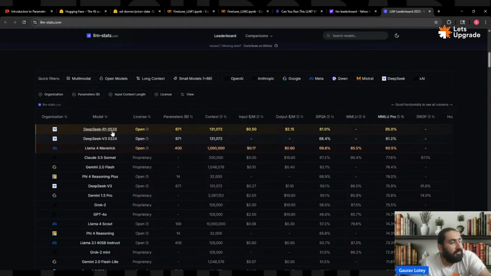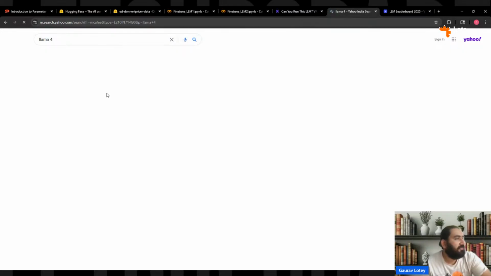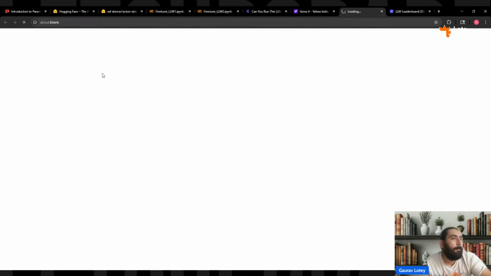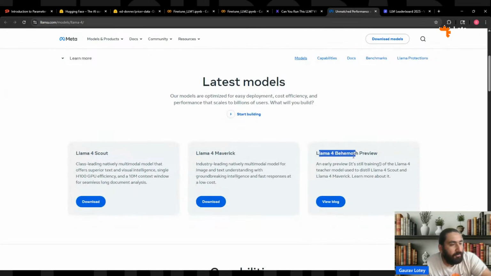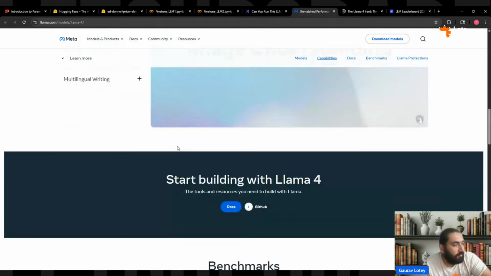Nothing beats the DeepSeek 0528 and 0324 models, which is a crazy amount of model, like 670 billion. Have you even heard something like that? Well, I think if you check Llama 4, which is the latest edition, the Llama Maverick, Llama Scout, and Llama Behemoth, these are now groundbreaking behemoths. Well, the name itself is Behemoth. You can see the capabilities. If you view what Behemoth is supposed to do,